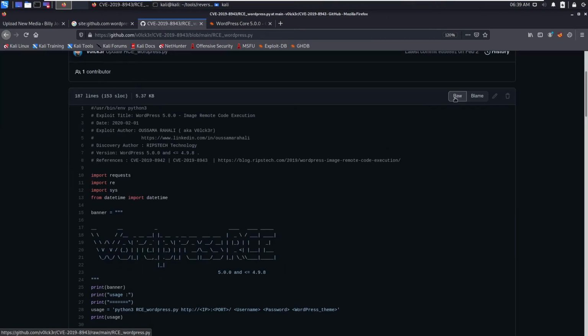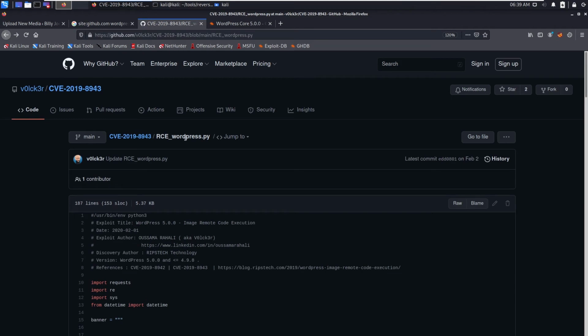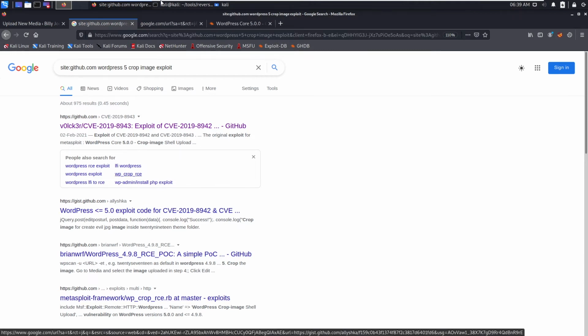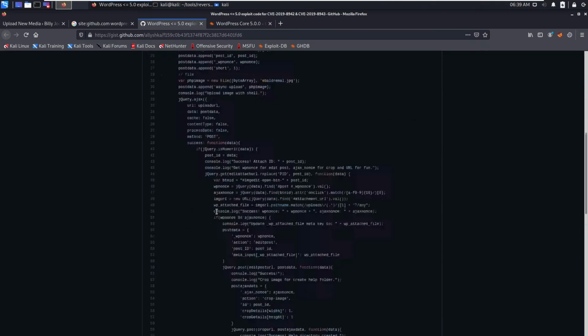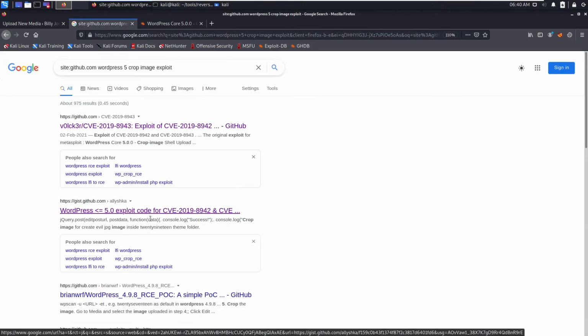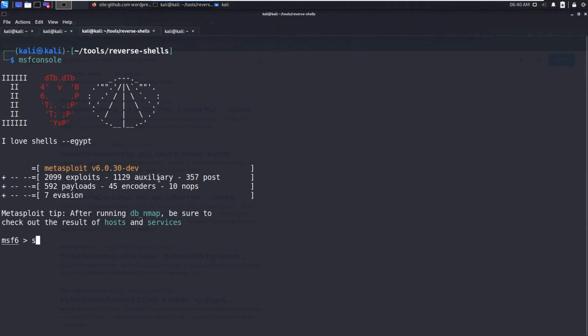When I was doing this box I did not try this. Let's see, RCE image code. It's image code execution, it's not this one. Okay, we are not getting any Python scripts. Okay, let's use Metasploit for this.